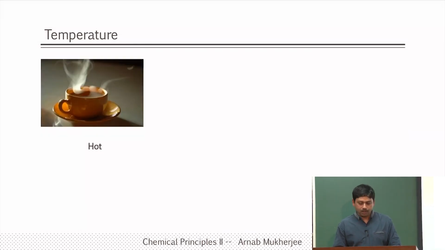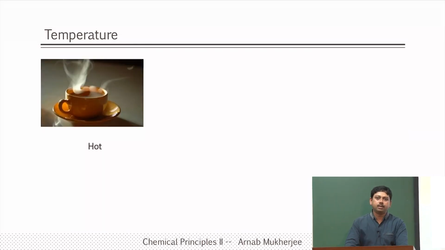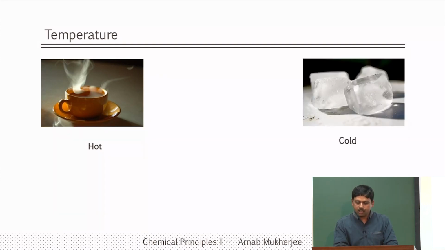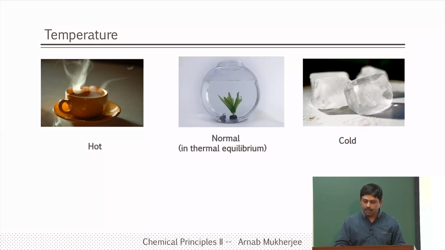So what is temperature? When you talk about the temperature of the room being very high, we say that it's hot or cold. It gives us a sensation that one thing is hot or cold when you touch it. For example, a hot cup of tea, we know by our senses that it is hot. When you touch ice, we know that it is cold. It is a sensation of feeling cold. And for normal water, we say that it is normal. So temperature is something that is associated with a sense of hot and cold,